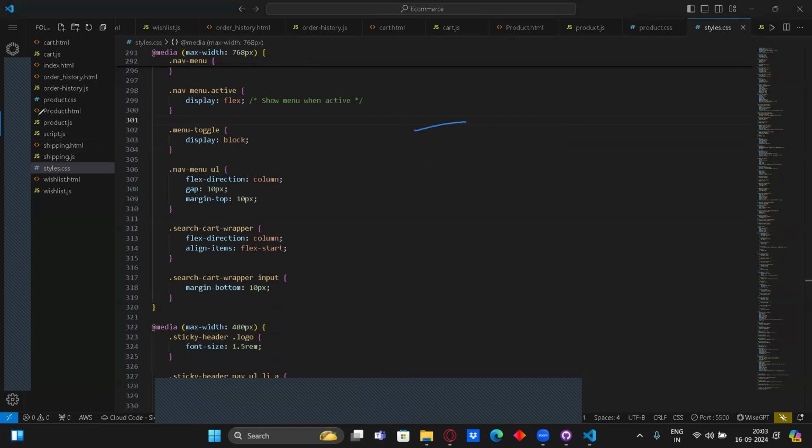This is the column direction. You can say this is the flex direction. Okay. This is not the way. If I just say,